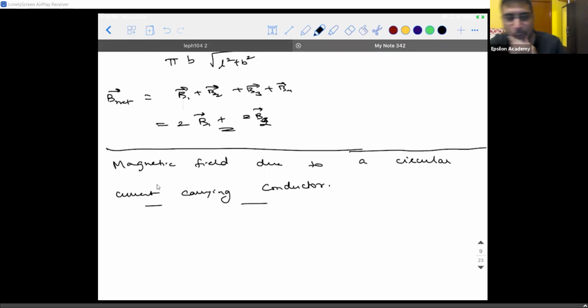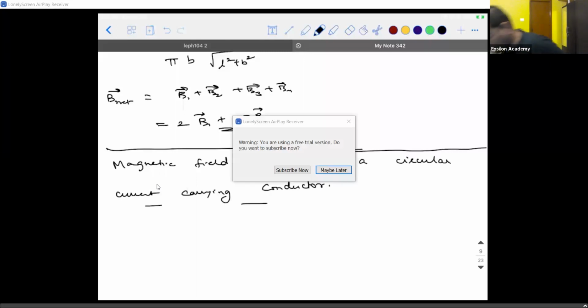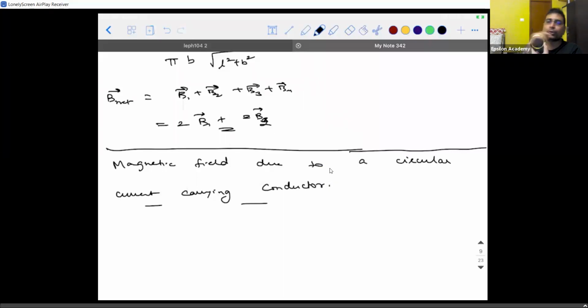Okay. So what we have is, you need to understand certain parts. Fortunately, I have a circular object in my hand. I have a bangle here in front of me. Okay. So what the topic says is, I'll show you where it is in your textbook also. If I have a conductor which is in a circular shape, and the current is flowing, let's say, clockwise with respect to you, with respect to me it is flowing anti-clockwise. So now you are able to see a perfect circle, right?